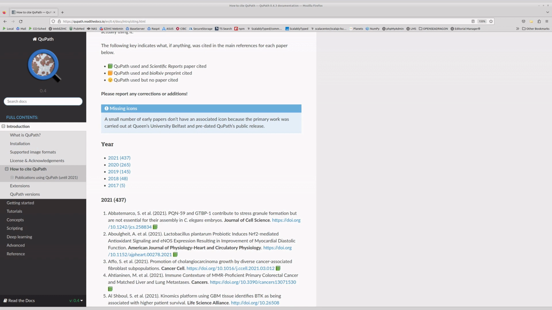It's worth mentioning that this software is gaining in popularity since it was launched in 2017. The number of publications is growing exponentially, and this is explained by an increasingly larger community supporting the software and